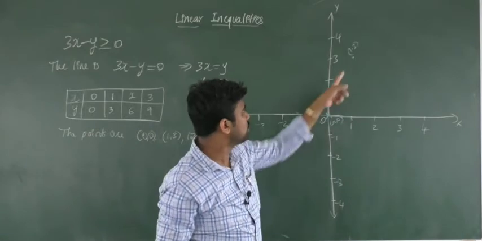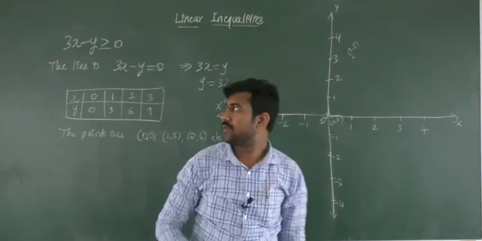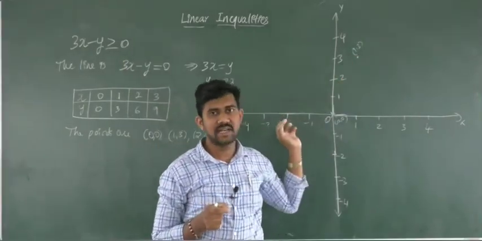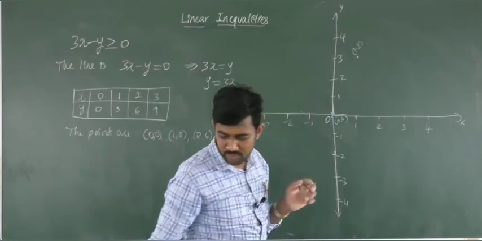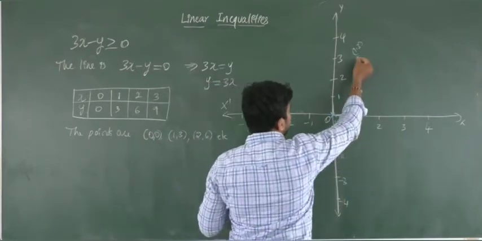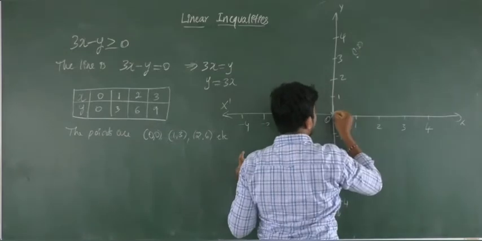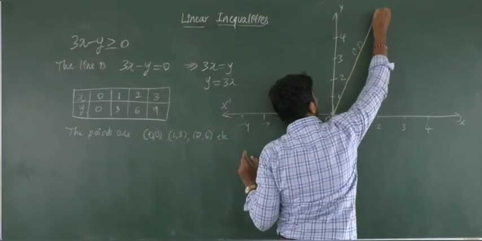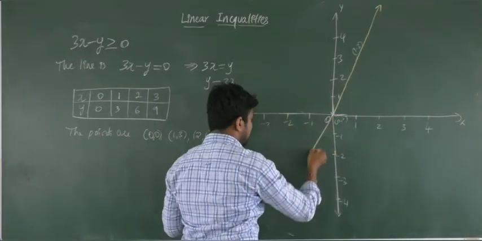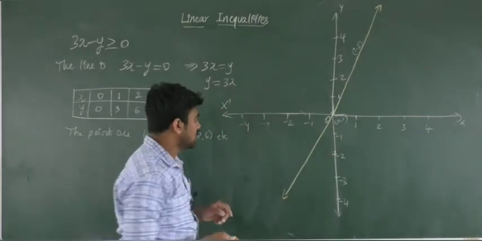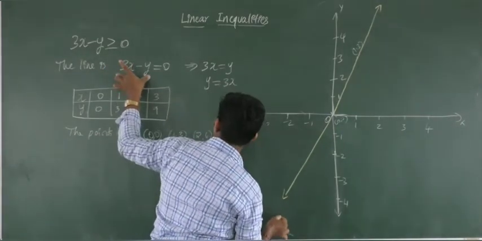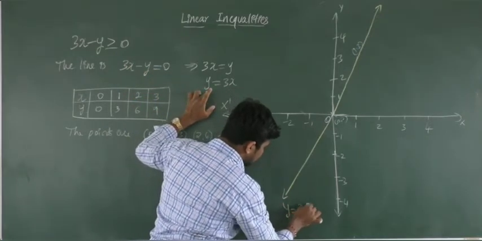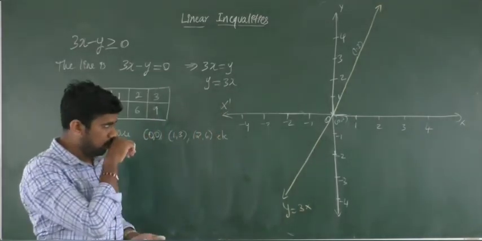Now it is enough to have only 2 points to draw a line. Okay, so since we have a slack inequality, join those 2 points by a thick line. So you have to draw a thick line here. Extend this line using the scale, a straight line, and extend it here also. Now mention what the equation is. 3x minus y is equal to 0, or we can write y is equal to 3x as the equation of the line. y is equal to 3x.